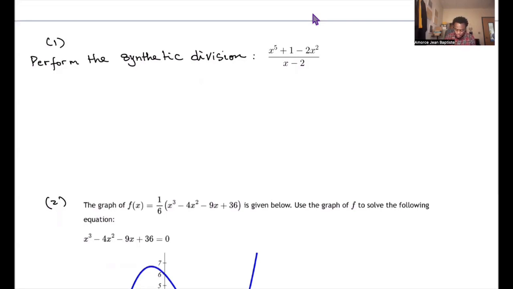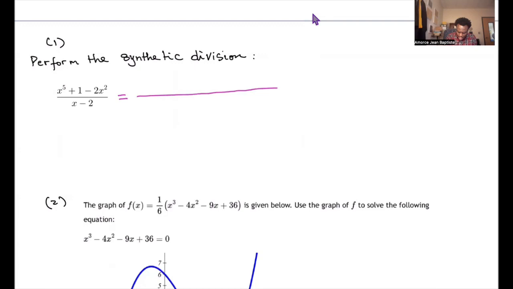So that said, if this is the problem we're solving, the first move that we need to make is to rearrange the terms and remember to keep any missing term as 0 before you replace the coefficient as 0 if they're not there. Like if there is a degree that's not there. Imagine here the highest degree here is 5. So you don't see the degree 4, you need to replace it by a 0. You don't see the degree 3, you need to replace it by 0. And you don't see the degree 1, you need also to replace it by 0,